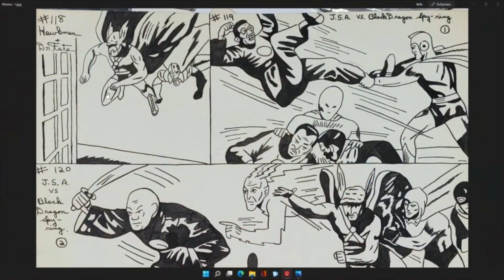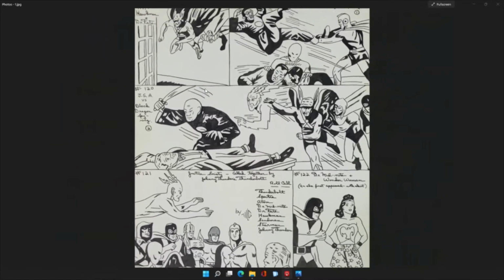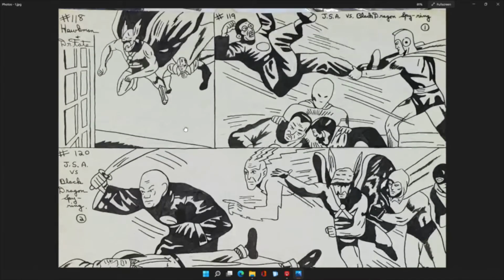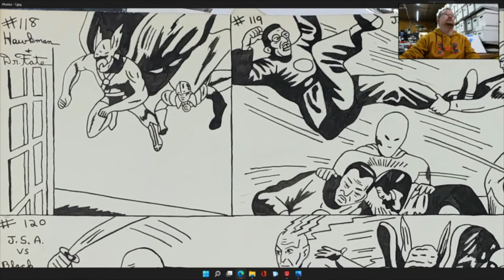Our first piece is from fanzine artist Marty Grime. He did some fanzines back in the 60s and 70s. Did lots of Golden Age drawings. He also was responsible for a couple of comic book titles. Comic Crusader obviously was his fanzine,